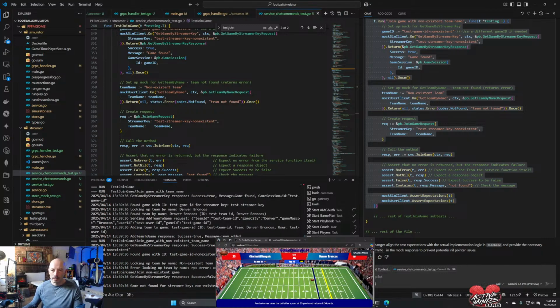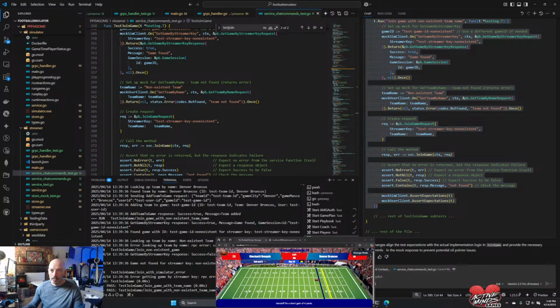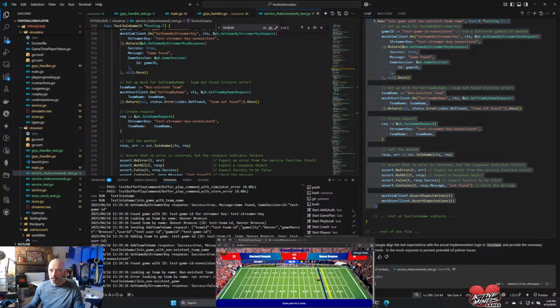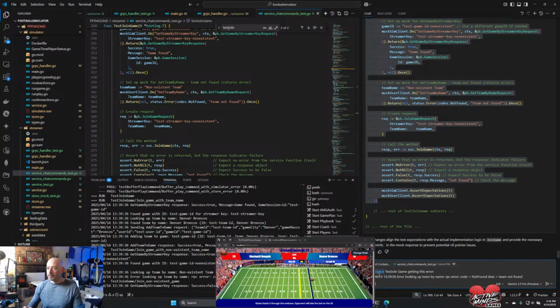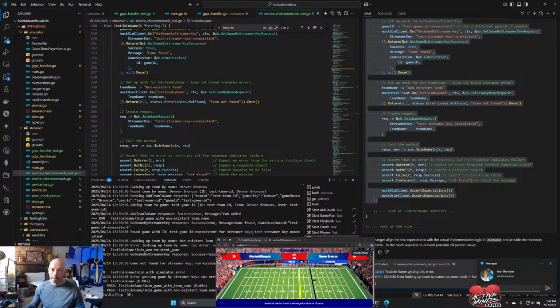And this one is the run. Wait, where was I? I lost myself. Where'd it go? Error looking up team. Alright, so test join game. Test join game, getting this error. I don't think we're supposed to be getting weird errors like this. I think it's supposed to be better formatted. I mean, error's fine, but